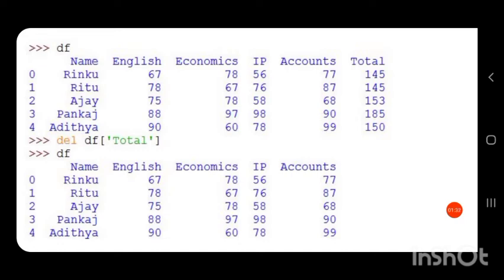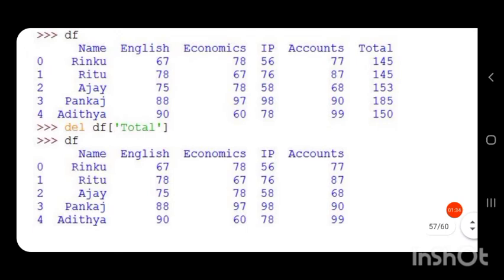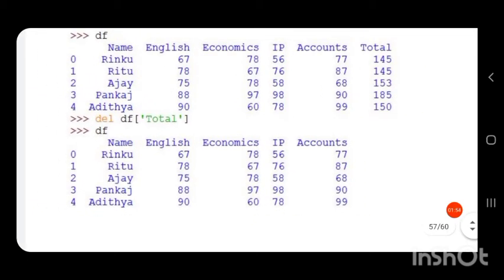Here we want to delete the column total, so in square brackets, in single quotes, the name of the column to be deleted: del DF['total']. Then when we print this data frame again, you can see the column total has been deleted.